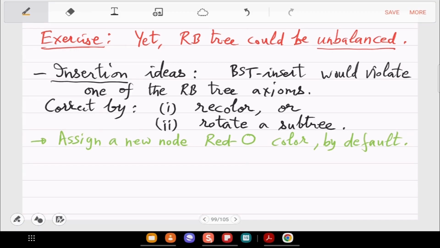And this will very soon become quite confusing for you the first time, because the boundary conditions here are too many. So let's look at this tree.